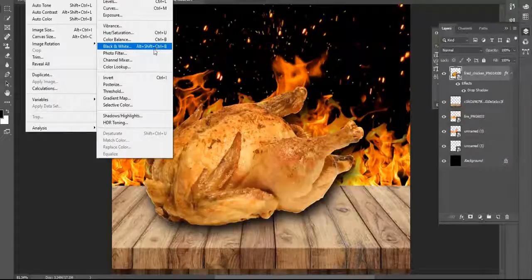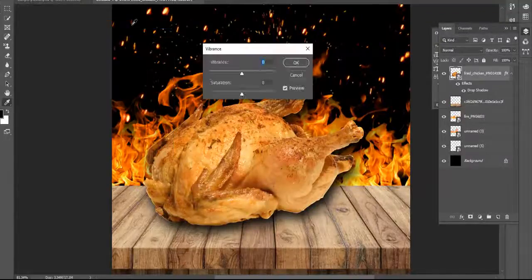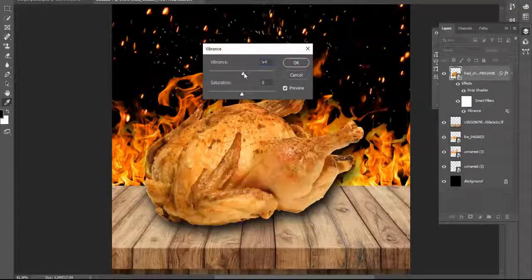So I go to vibrance, just look. Got it. I just give the vibrance, and saturation means color hardness or smoothness. Saturation means you have full color tone, and this is called desaturate.